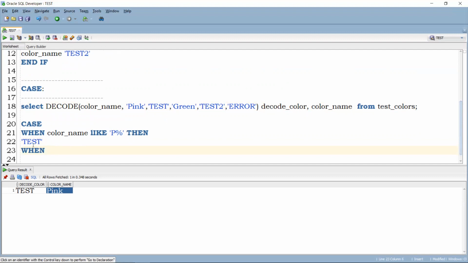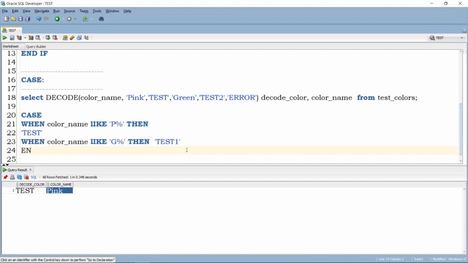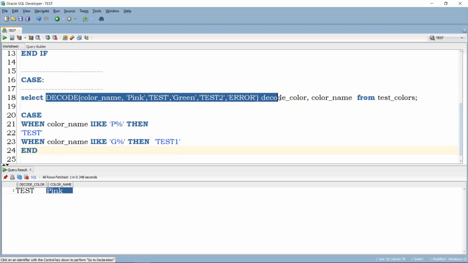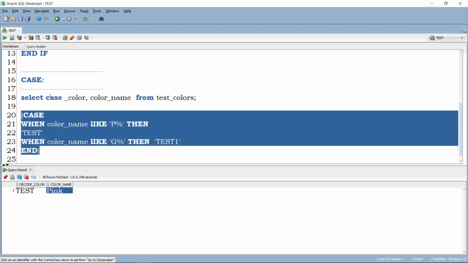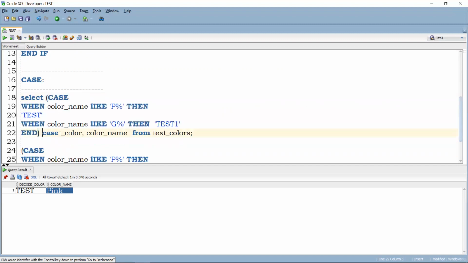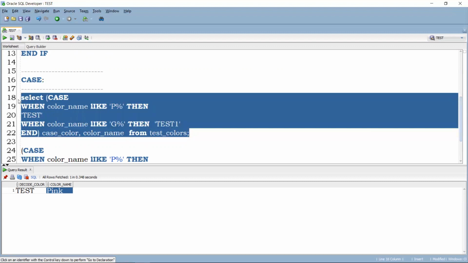Again, WHEN color name LIKE 'G%' THEN 'test1'. And I just want to END this. Let me remove this condition and place this case statement in my select clause. Now let me run this statement.